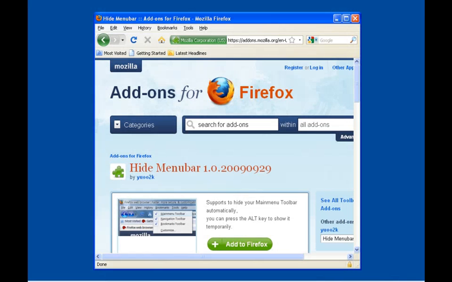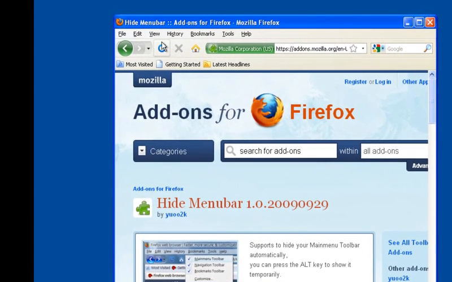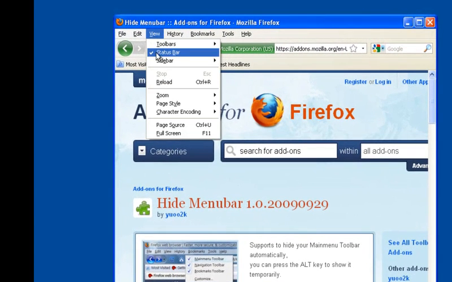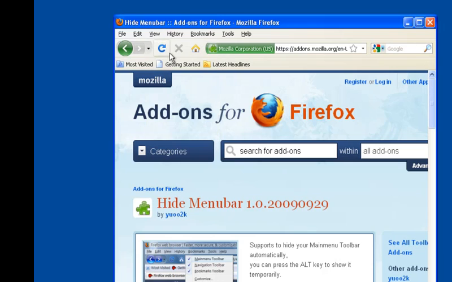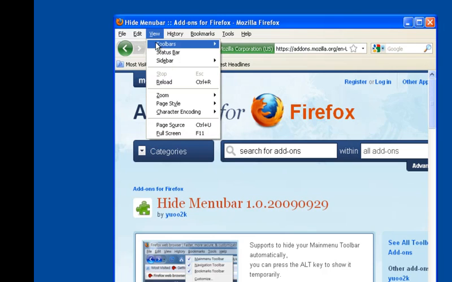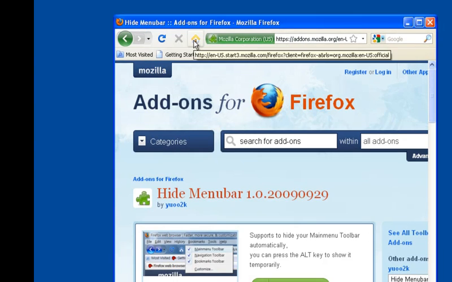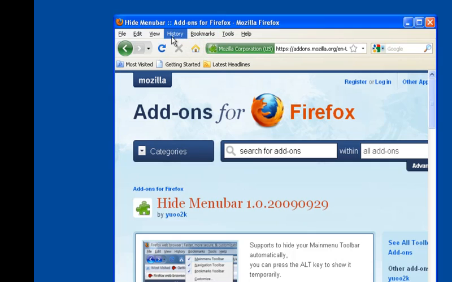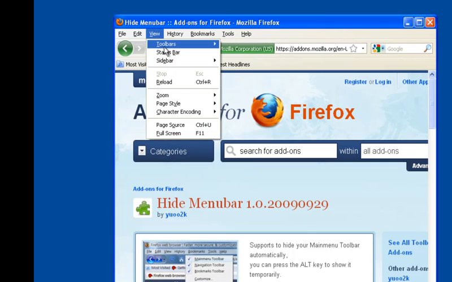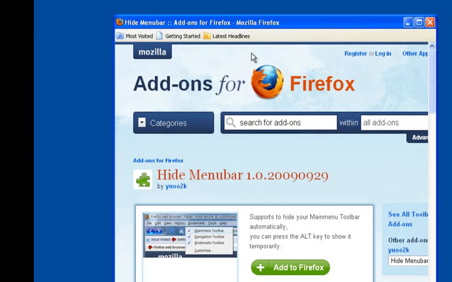So now that we have this plugin installed, we're going to go ahead and click on the View right here and take off the status bar. Then we'll also click View one more time, go to Toolbox, and remove the menu bar. At this point the menu bar is gone, so we'll click on the Alt key on the keyboard to pull it back up, and again go to the toolbars and remove the navigation toolbar, and click on it one more